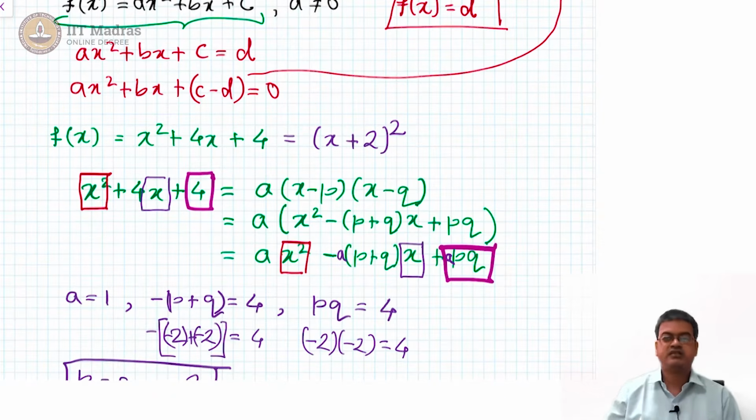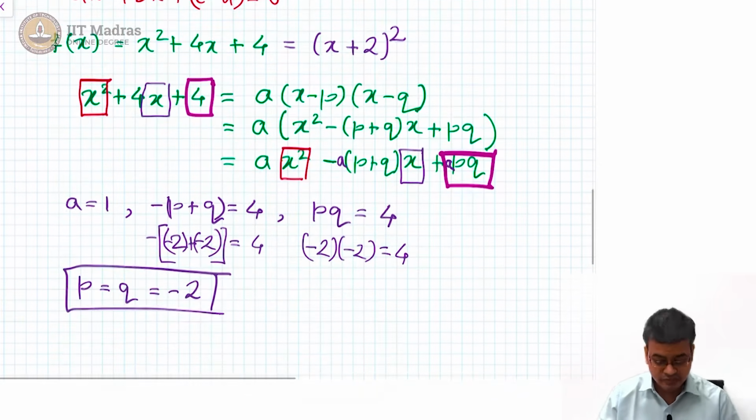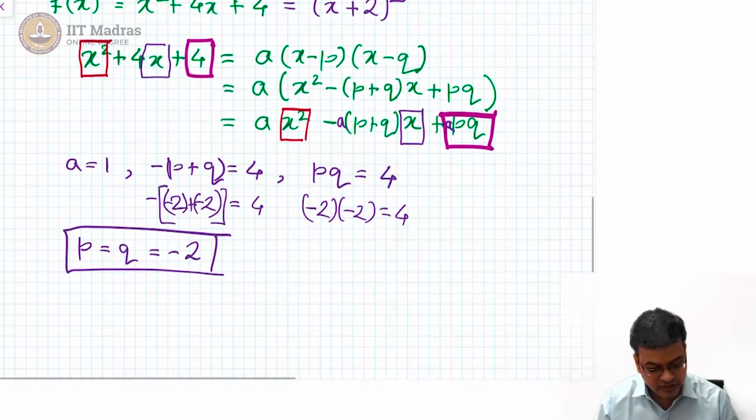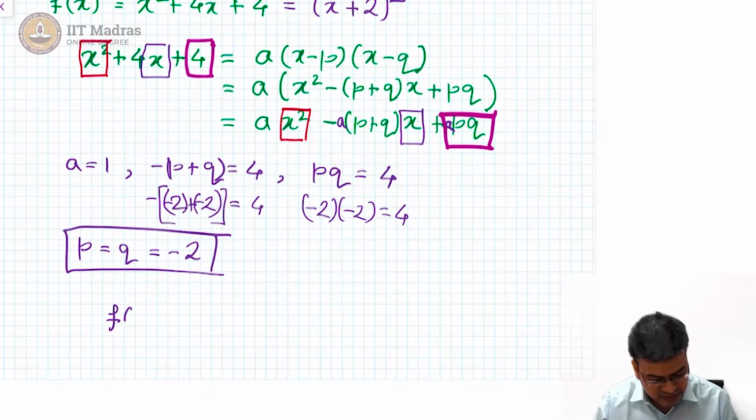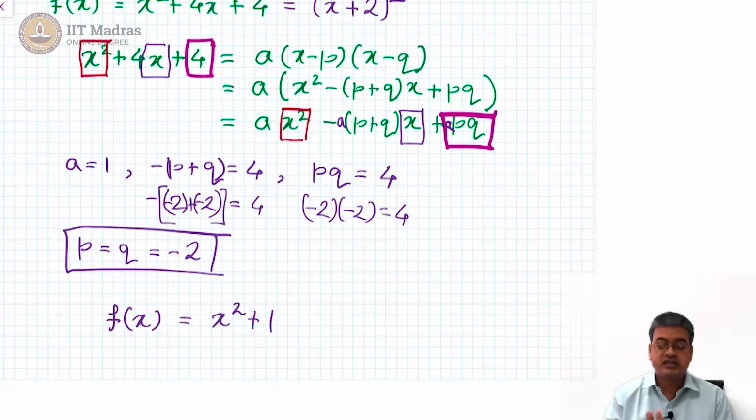This is the function that is given to us, that we can derive from in the intercept form. Now, is intercept form always possible? Let us try to answer the question. Let us say a new function f(x) is x square plus 1. Can you write this function in the intercept form?